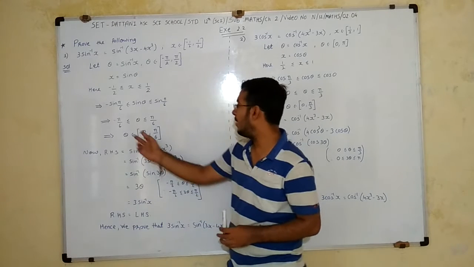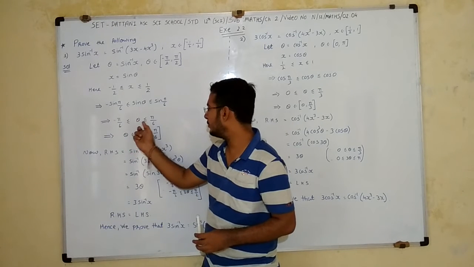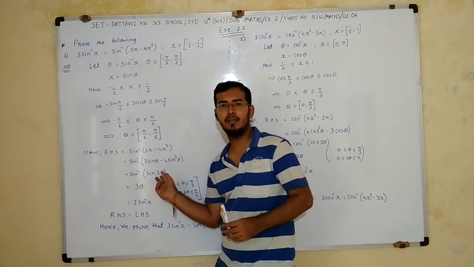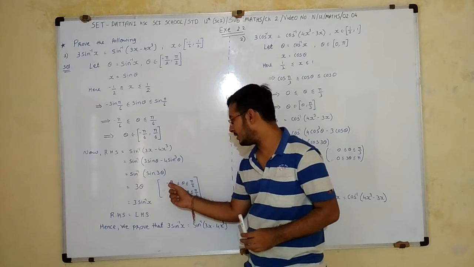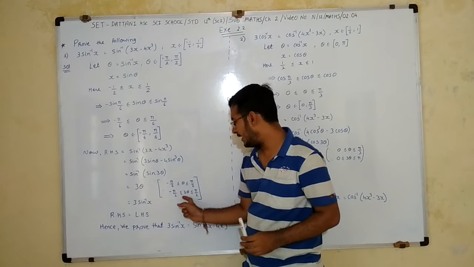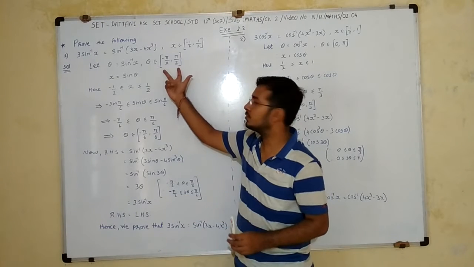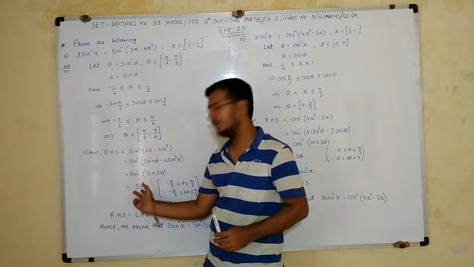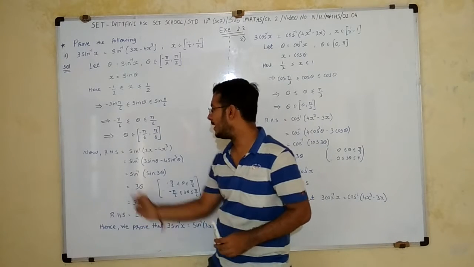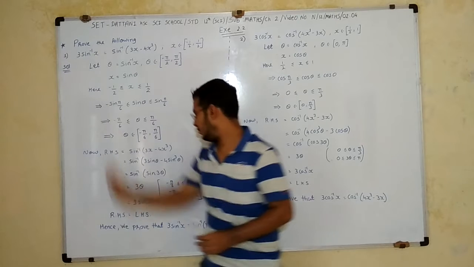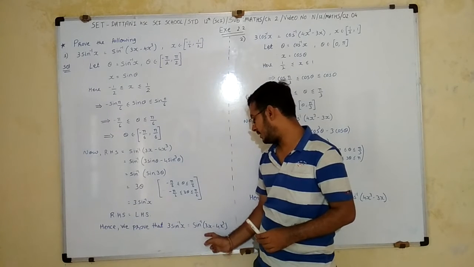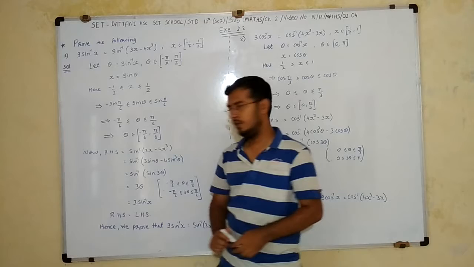We have minus pi by 6 less than or equal to theta less than or equal to pi by 6. Now theta becomes 3 theta, so I multiply by 3. So 3 by 6 means pi by 2. So our range is minus pi by 2 to pi by 2. So it is satisfied, and that's why we get 3 theta. Now I put theta is equal to sin inverse x, so I get RHS equal to LHS. Hence we prove that 3 sin inverse x is equal to sin inverse of (3x minus 4x cube).